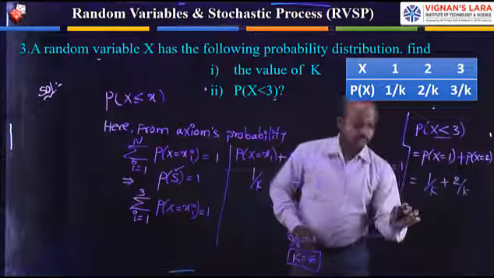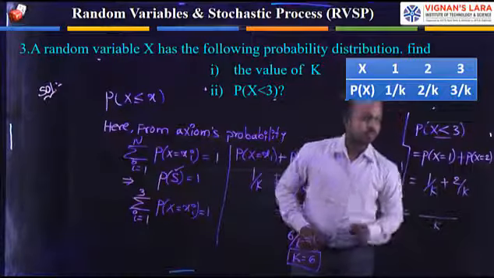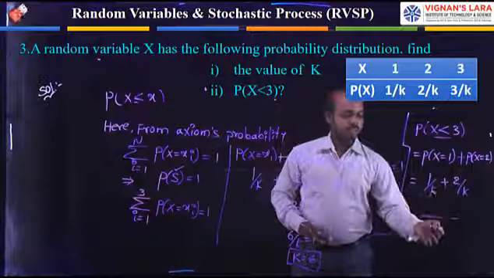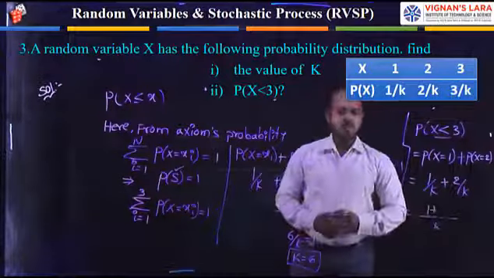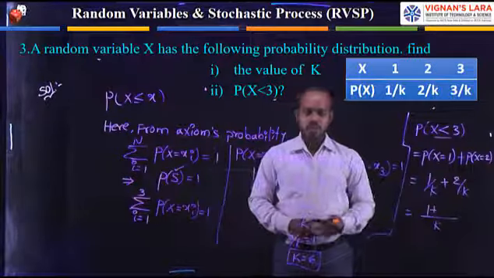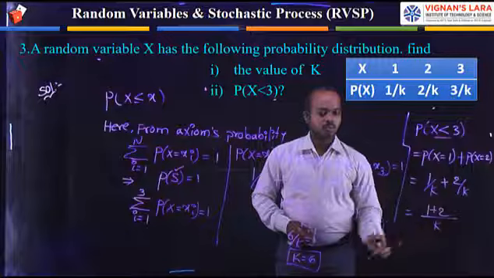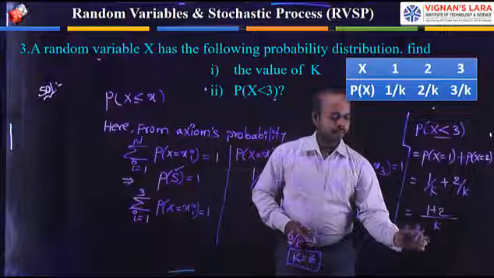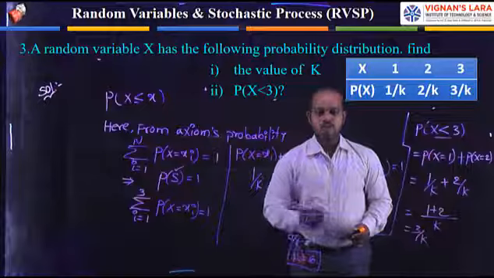In these two terms, the denominator is k. The LCM of these two terms is k. Now you can write how many times the k can be cancelling the denominator. So one time, that's why I'm writing 1 plus 2, it is also cancelling in k times, that's why I'm writing 2. Total value I'm writing is 3 divided by k. Already we are finding the value of k. K is equal to 6.